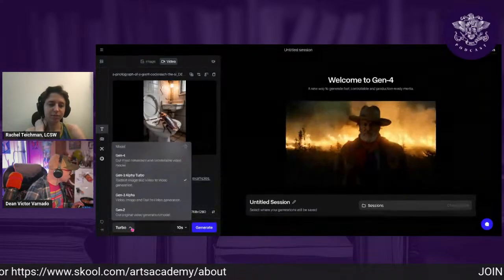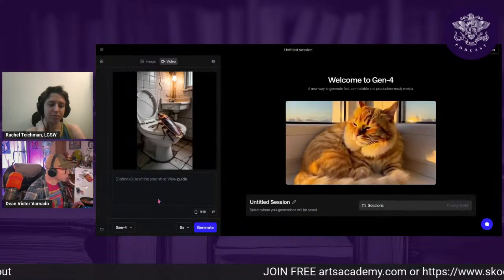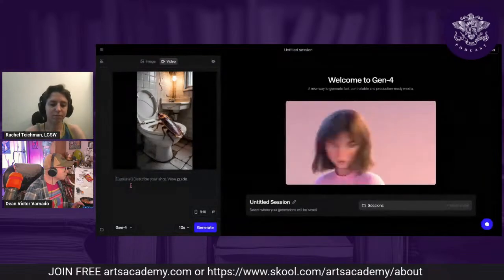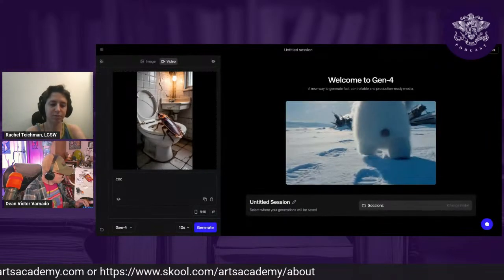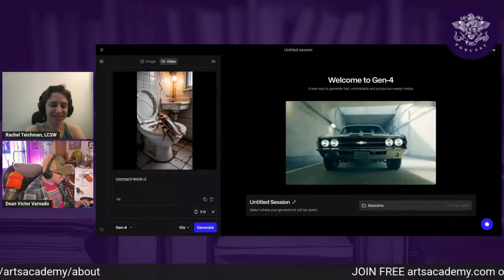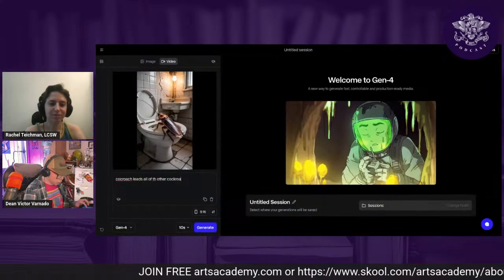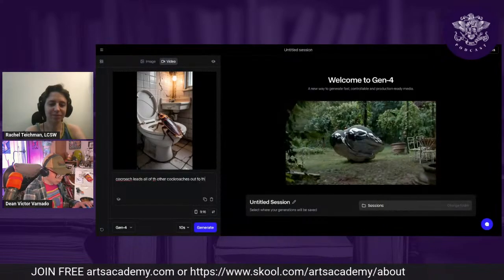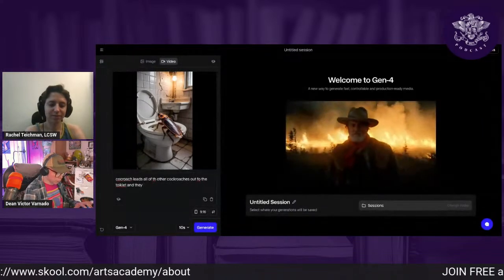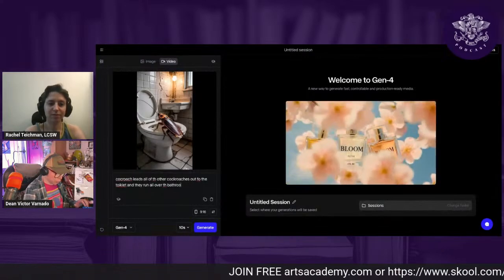Okay, so let's see. What do we got here? Can we do 4? Oh, here we go. Okay, so now we can just describe what we want to happen in this image. Cockroach leads all of the other cockroaches out of the toilet, and they run all over the bathroom.